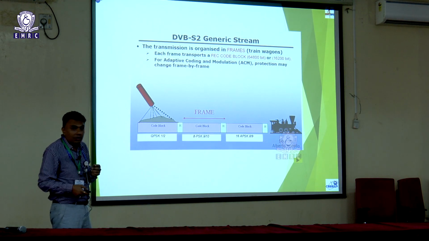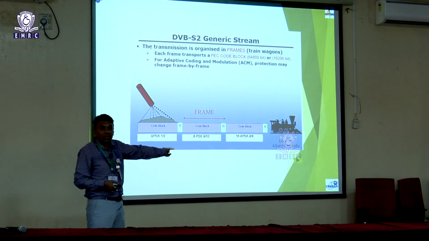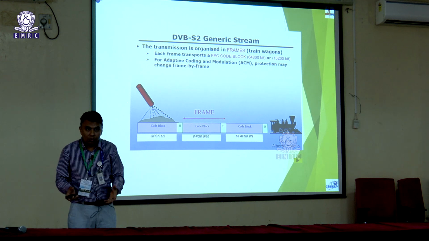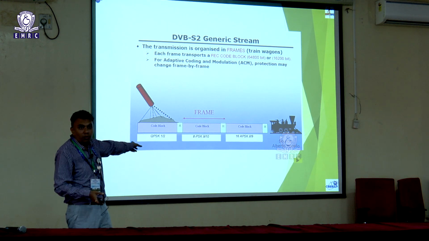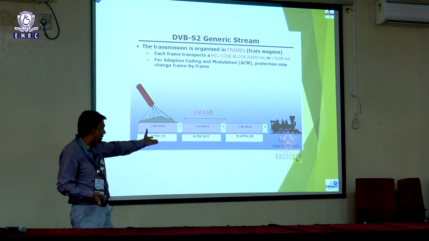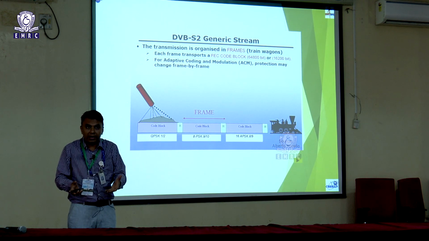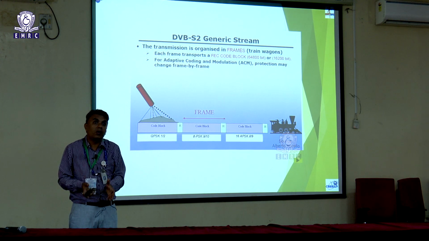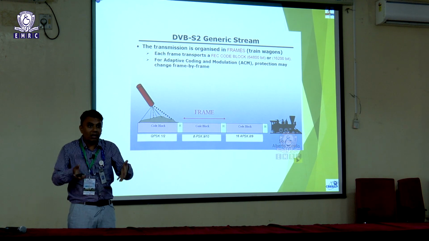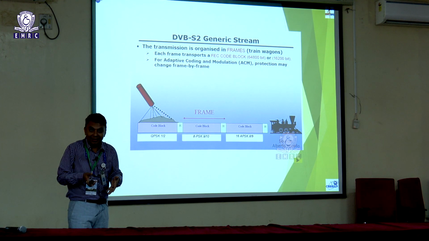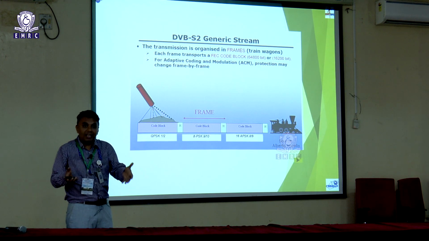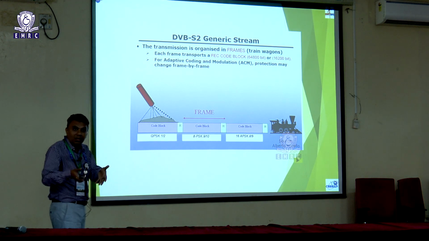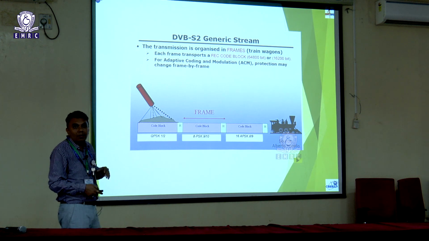The idea behind the DVB-S2 standard is that from packet to packet you can change the modulation and code rate. Your Tata Sky set-top box is a DVB-S2 compliant modem. So if you send QPSK rate half, or 8PSK in the next packet, it automatically recognizes the modulation and code rate and demodulates accordingly. Sometimes the hub player wants to accommodate more channels, so they will go for more advanced modulation, where with lesser bandwidth they can accommodate more channels, like HD channels. Suppose HD channels are now coming, but the transponder bandwidth is fixed. How will you accommodate them? You have to go with more advanced modulation to accommodate more channels in the same bandwidth. So packet to packet you can change the modulation and code rate.